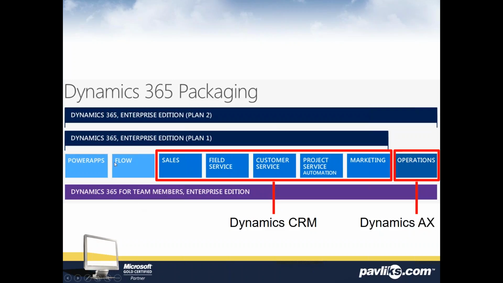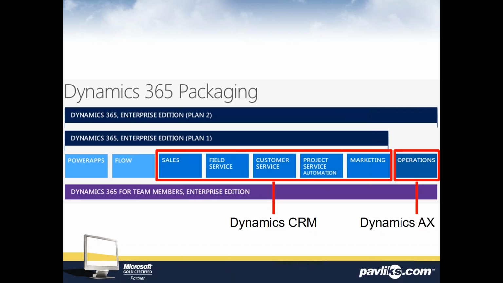What we have are individual apps. I'll talk about Power Apps and Flow in a little minute, but those are new products that Microsoft has released, hence they're a little bit lighter blue. This darker blue, sales, field service, customer service, project, and marketing, those are all Dynamics CRM. They've just siloed them and broken them up into functional segments. So you can choose to acquire a license for just the sales functionality of CRM and nothing else. Or you could say, I just want the customer service functionality and nothing else.